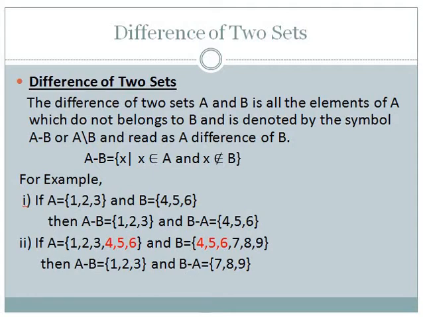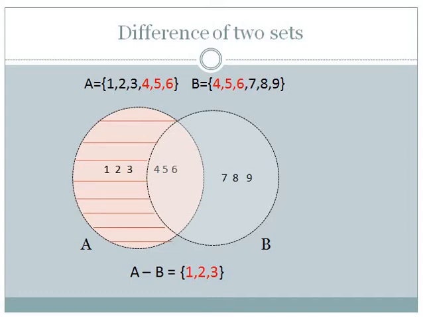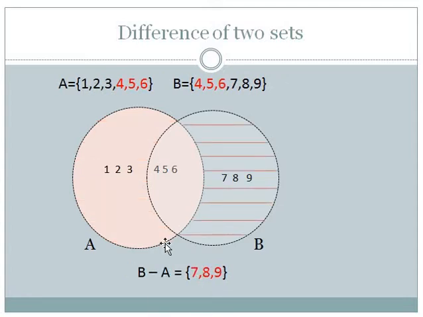Now how do we represent the A minus B set by Venn diagram? You have to draw a circle to represent A and another circle to represent B. The shaded portion represents the A minus B set. From A you have to subtract the common element between A and B, that is your A minus B set. Similarly, for the representation of B minus A, from the B set you have to subtract the common element of A and B. The shaded portion represents the B minus A set.